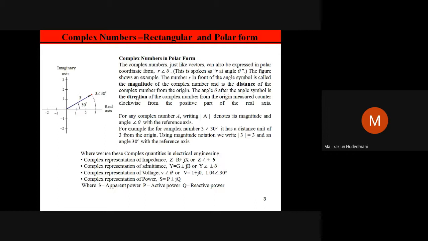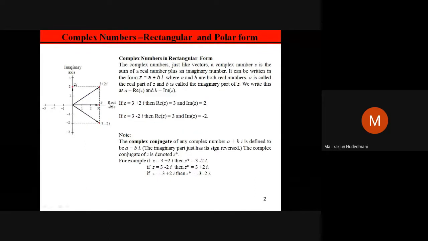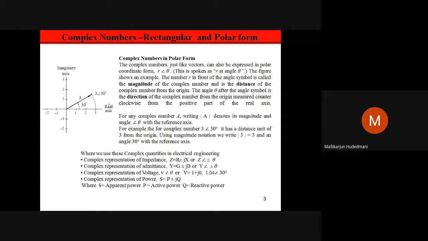Suppose I have another kind of representation, what is that? Polar form of representation. Polar form of representation is again done like this: look into this, the imaginary axis and real axis, which I have drawn in the earlier representation here itself. The same graphical representation is taken here. But the representation of a complex quantity takes place in the form r angle theta. It need not be r, it can be M angle phi, something like that. The first is called the magnitude part of the representation. This is the angle bracket and angle. So this shows the magnitude of the quantity and the angle it makes from the reference.